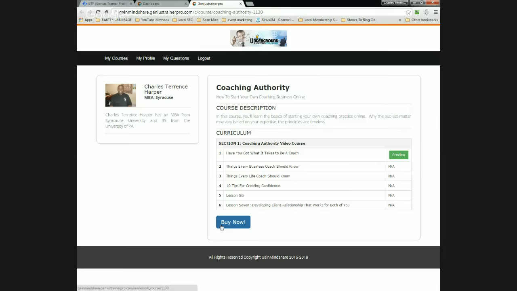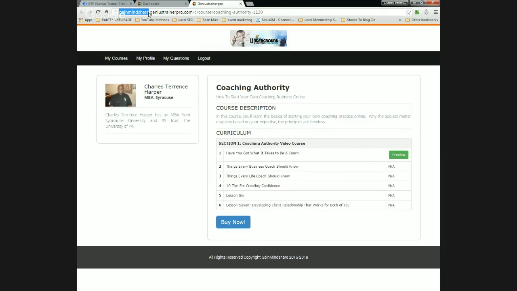Okay, yeah. So when you change the portal options, you'll see it. So you'll see my portal is Gain Mindshare right there. I don't know if you can see that, but my portal name is Gain Mindshare, and that's really where you'd see the difference if you change your portal name.